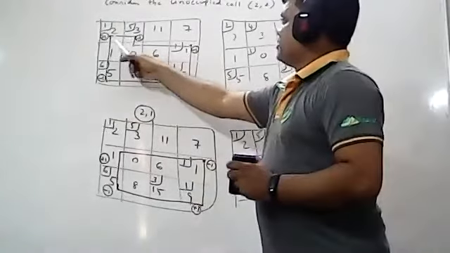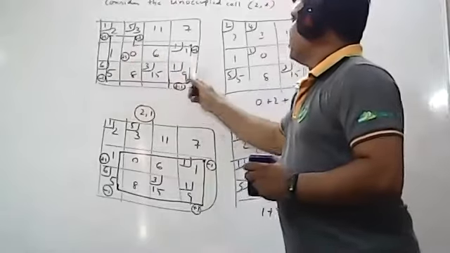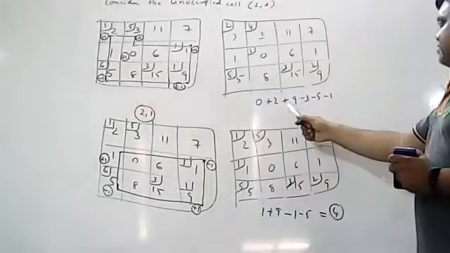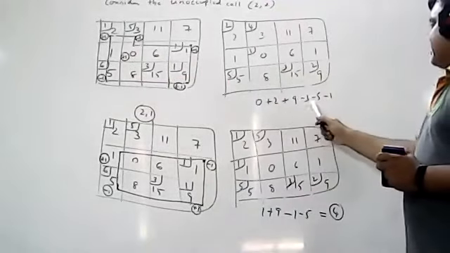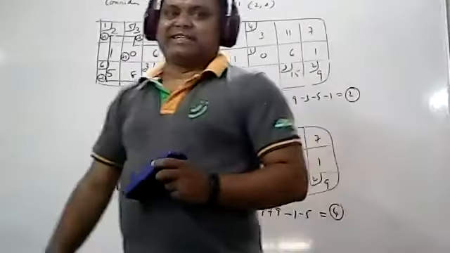See this one. So how many pluses are there? 1, 2. So that's why I'm adding. How many minuses are there? 1, 2, 3. So 3 are there. So what is this value? This is 11. 11 minus 9, 11 minus 9 is 2. 2 means positive. Positive means increasing.